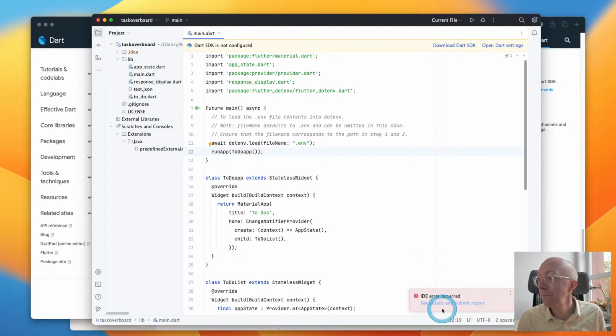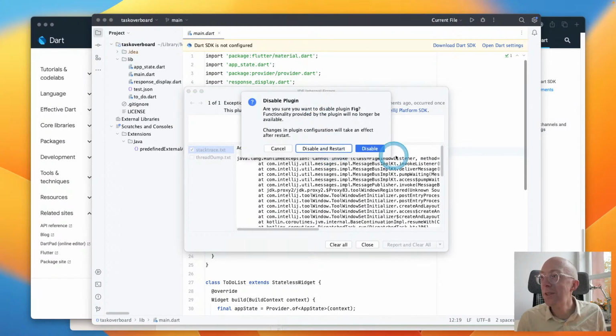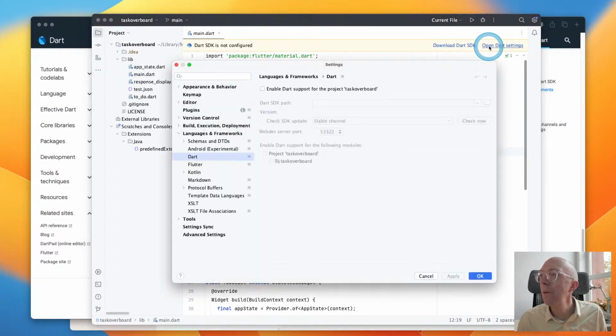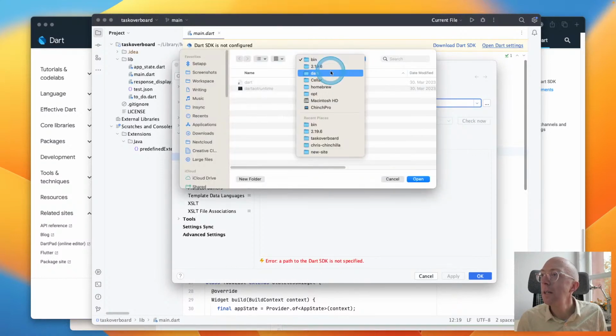No. And I don't know why this Fig plugin refuses to disable itself either. Okay. So I'm not getting anywhere with this. I don't know what it wants.